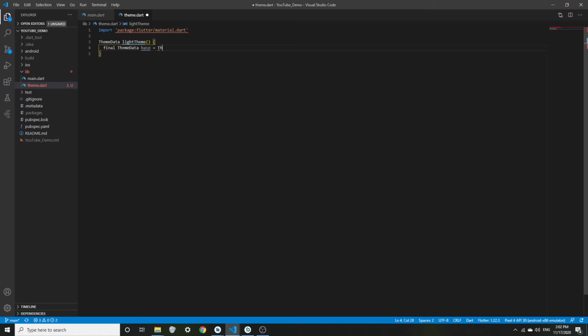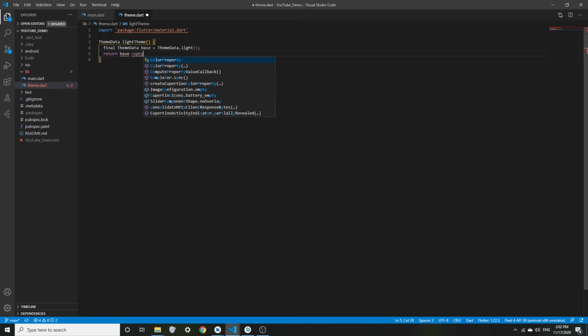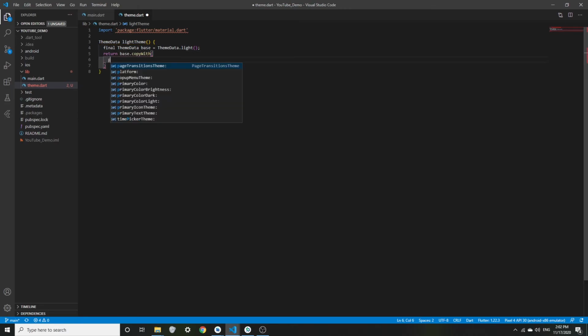So we're going to call ThemeData and use a light theme to begin with, which it automatically gives us the option for. And we're going to return base dot copyWith, and we're going to have our primary color of